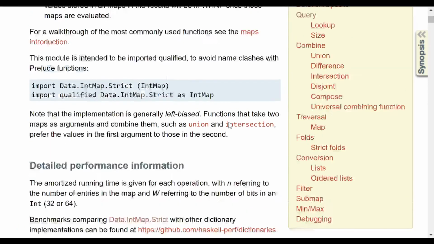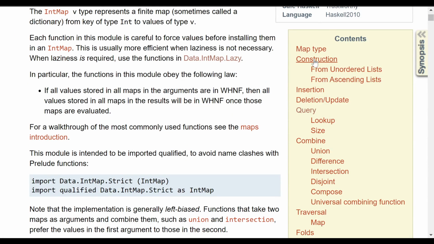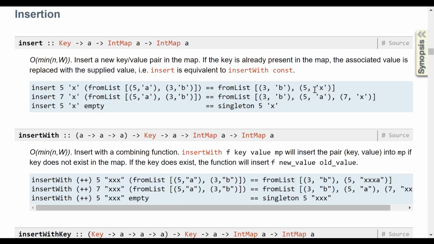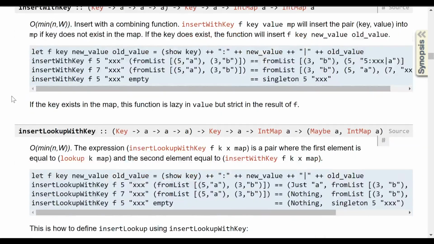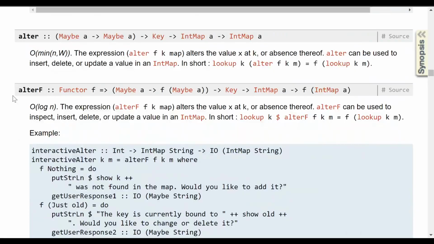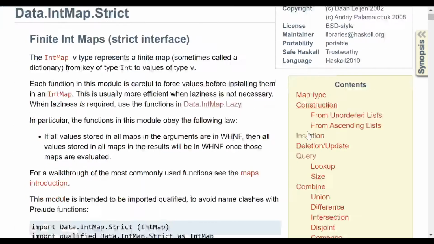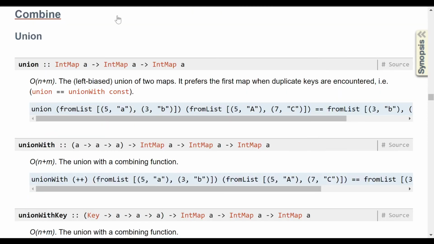Right, and I want to like insert, I guess, or maybe combine. So insert I already have, that's fine. How do you combine? Here it is. So union